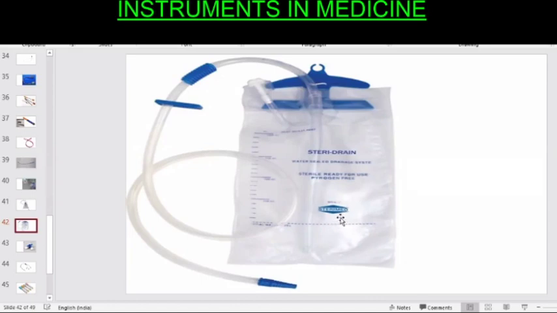The major criterion is the drainage should be less. If the drain is more than 100 ml, we should not remove the ICD. Once the lungs are inflated, we can remove the ICD in pneumothorax. But in a hydropneumothorax or in a recurrent or massive pleural effusion, once the drainage is less than 50 ml per day, we can remove the ICD. Because that 50 ml won't be drained, it will be resolved by the pleura only.